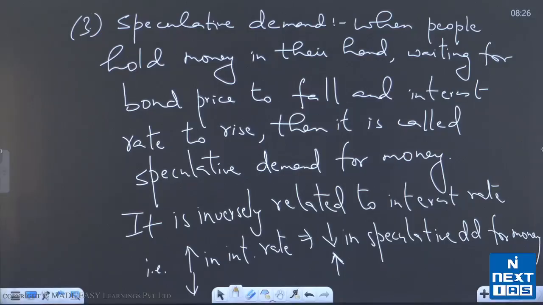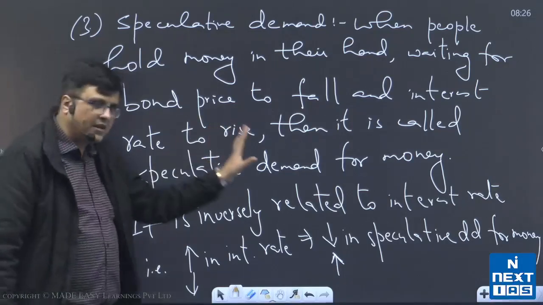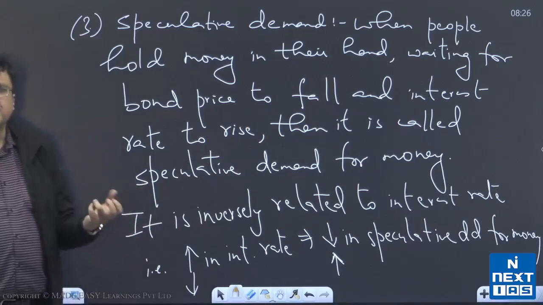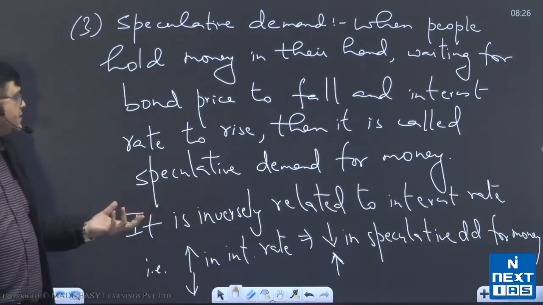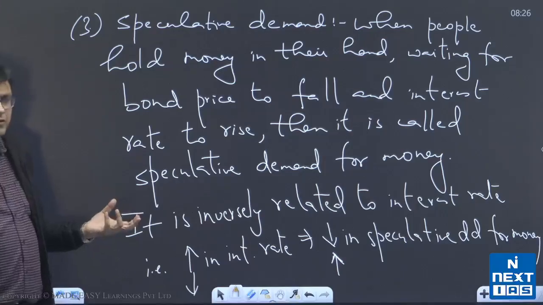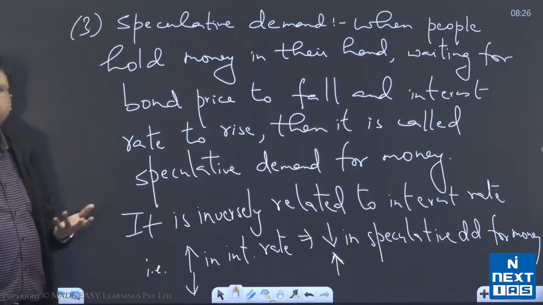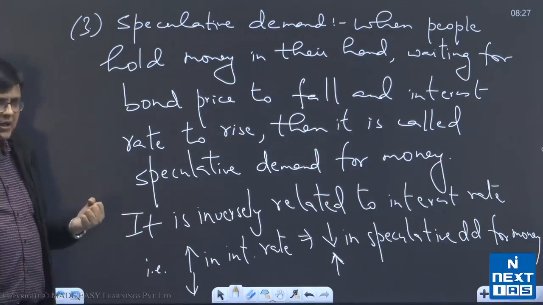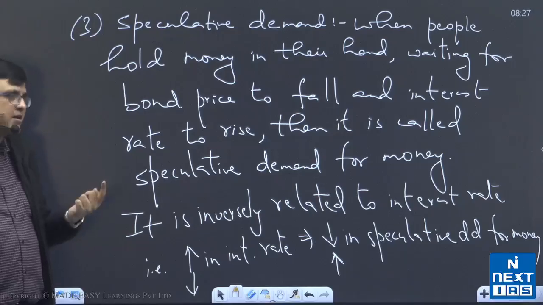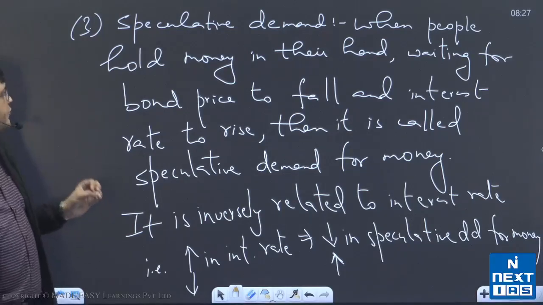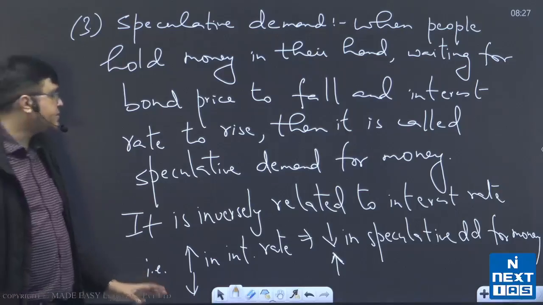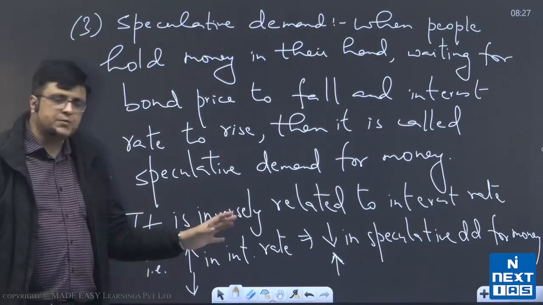Okay. अभी मैंने एक बात लिखी यहाँ, अभी इसको डिस्कस करेंगे. मैंने लिखा when people hold money in their hand waiting for bond price to fall, so people are expecting that bond prices will fall in future, and since it is based on expectations, that is why the name speculation. All right, so waiting for bond price to fall and interest rate to rise, then it is called speculative demand